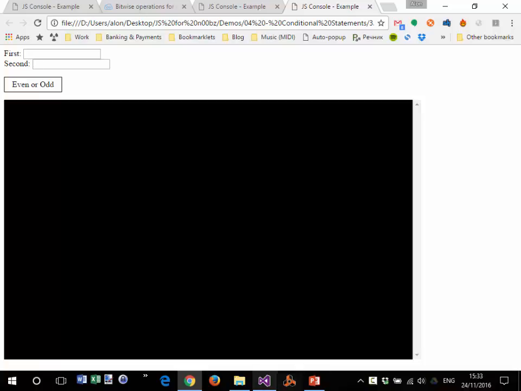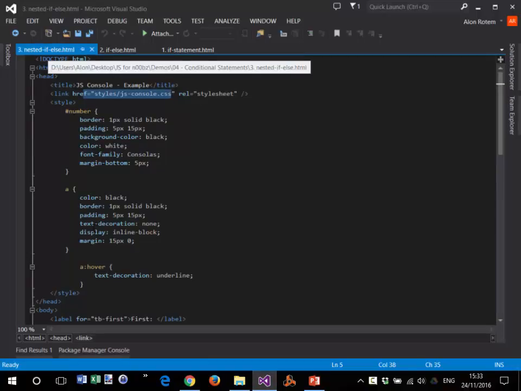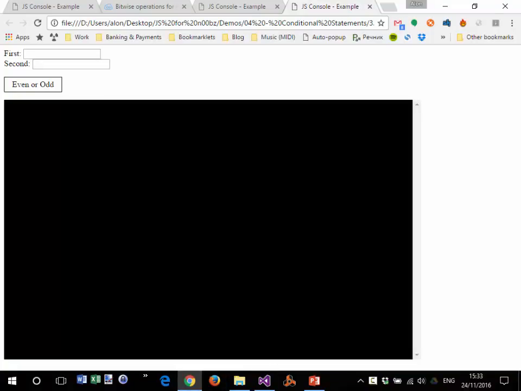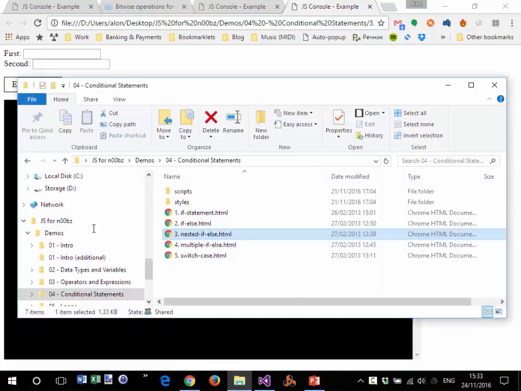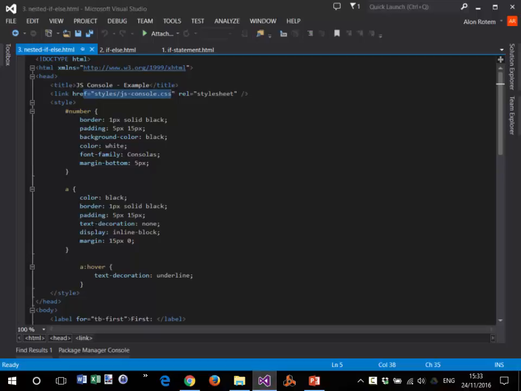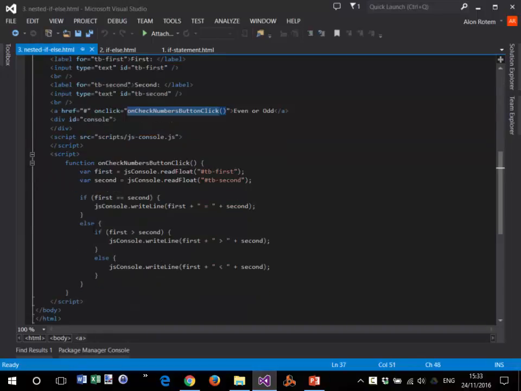But is this a demo we're looking at? Nested if else. Something is wrong. Yeah, I just think this is wrong. The word's odd or even, right? Yeah. It should say something like